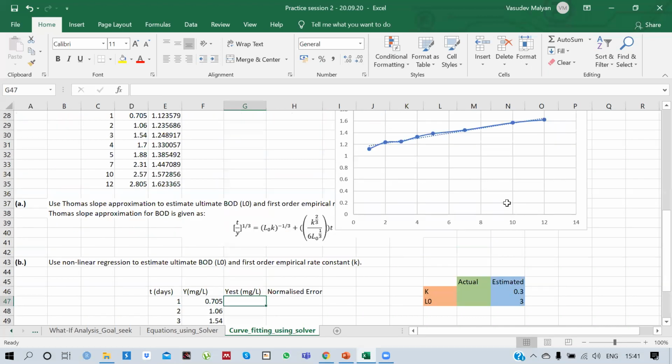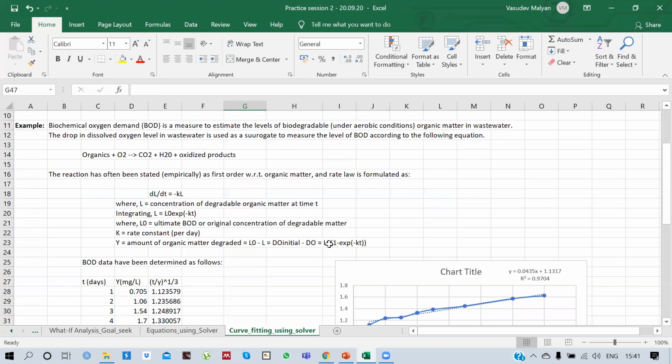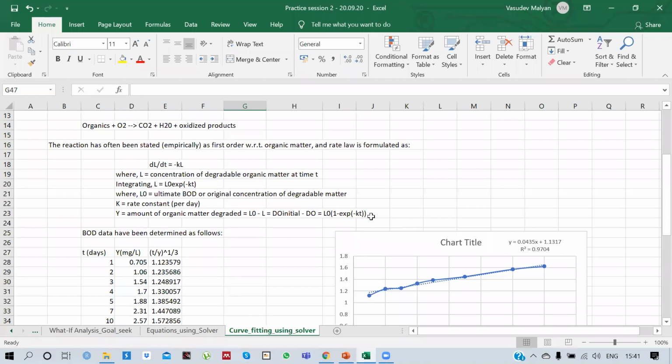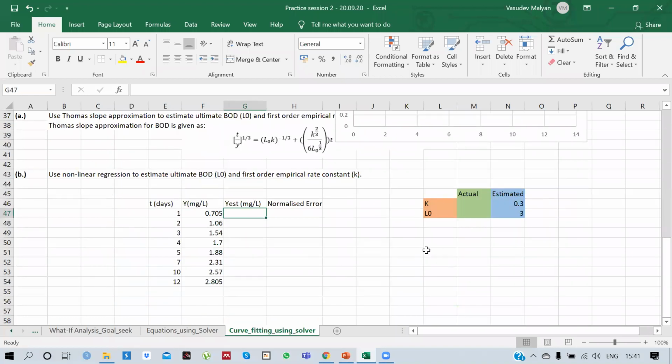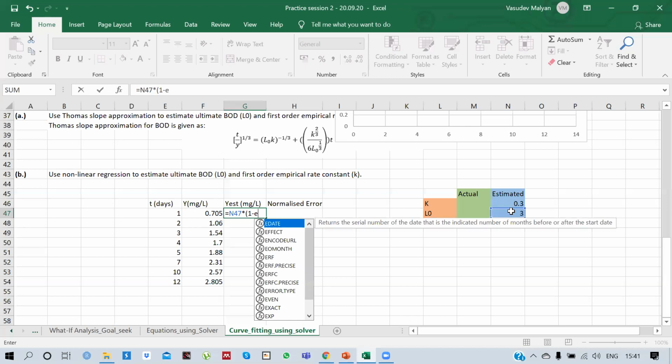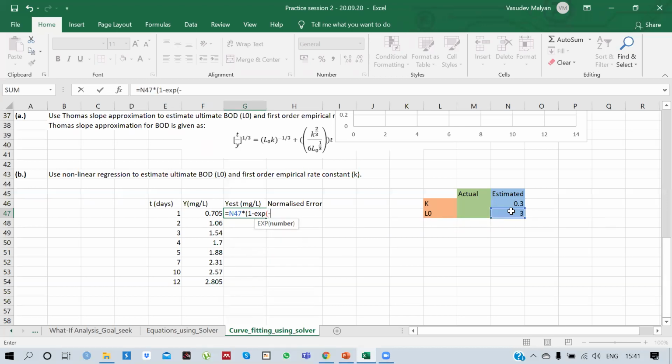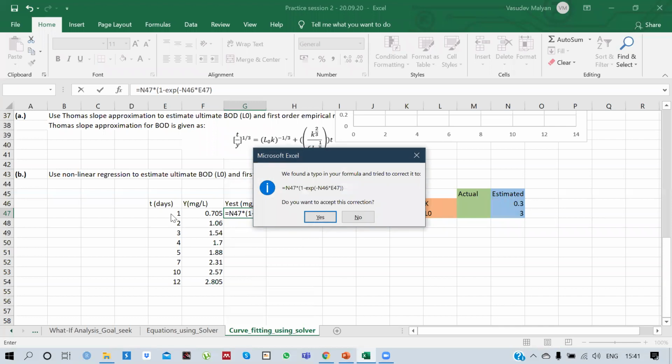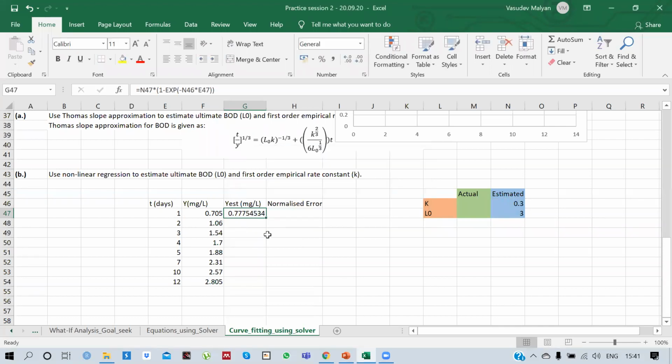So we will calculate this value. Our equation is L naught (1 minus exponential minus KT). So equals L naught multiplied by 1 minus exponential minus of K into T, and I've got this value.